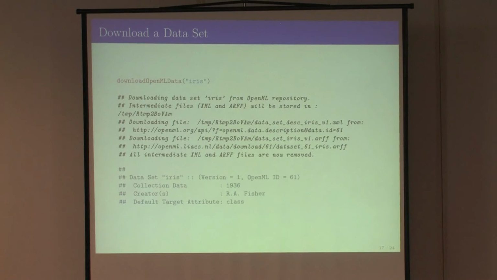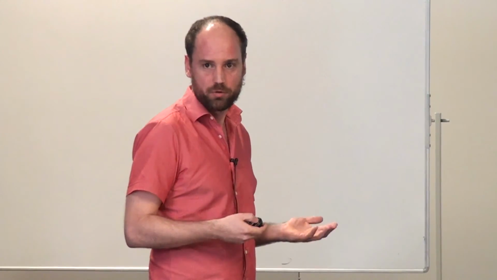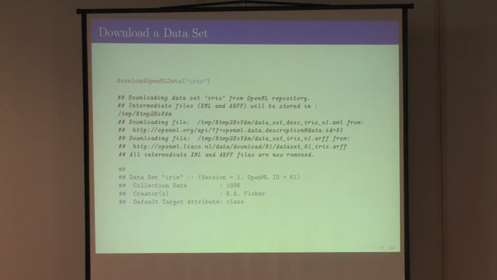This is how you can download a dataset. You can either use a name or the dataset ID. And here you see, well, downloading dataset iris from OpenML repository. Stuff gets stored in files on disk. And in the end, the files are again parsed. So it's XML files and R files. Those files are transformed and read into memory back again. And you get a nice S3 object that you can again summarize and now work with, right? And you have all of the data in there. So it's basically, again, a data frame annotated with extra information.